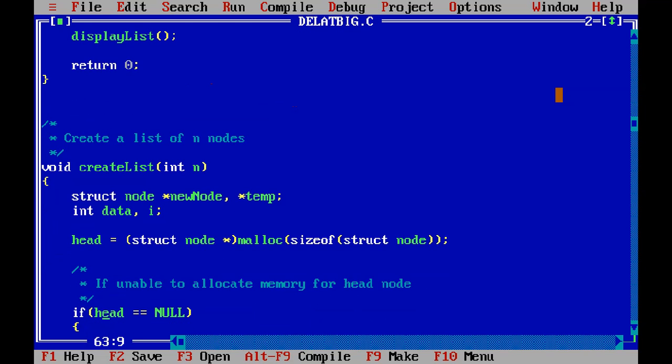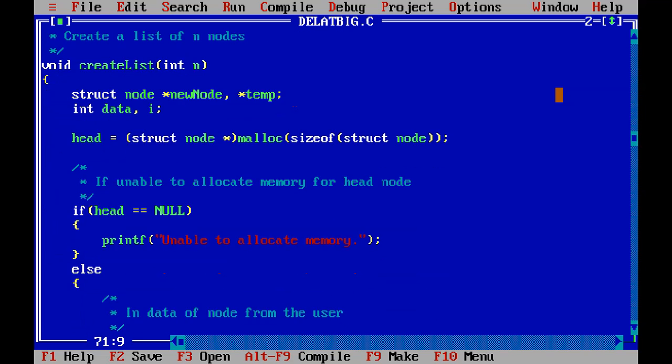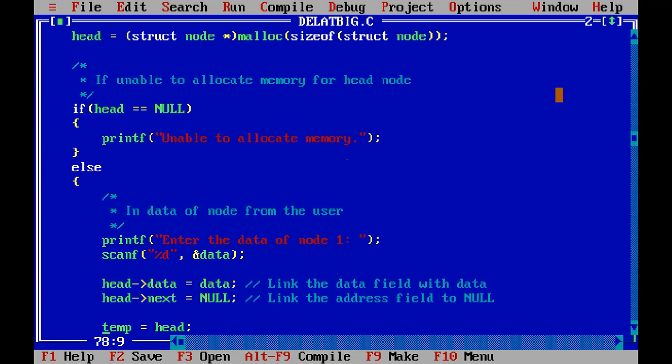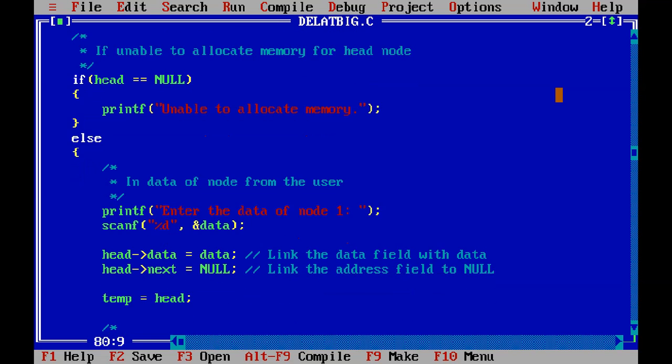Then if head equals null, it will print unable to allocate memory, else it asks for data from the user. Then head data equals data, which means we are assigning data to the head data, and head next, the address part, will store null. Then head will be temp. Temp equals head means we are naming the head node as temp.